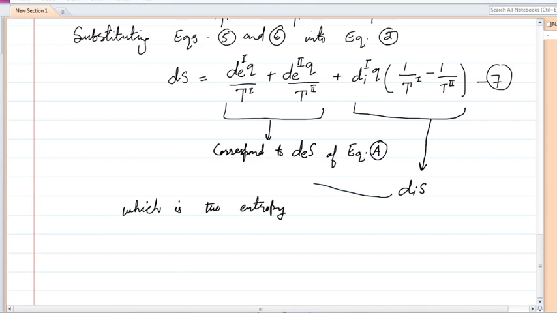When we compare with equation A, we see that this third term is equal to dIS, which is simply the entropy production